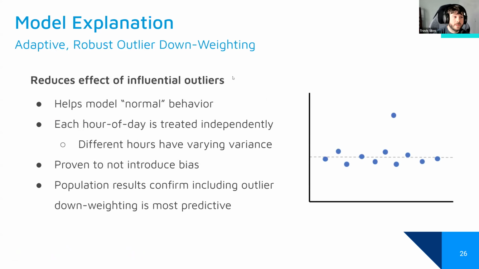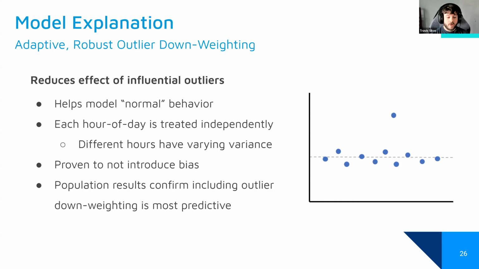Finally, we have the downweighting that I described earlier. The whole point of this is to reduce the effect of influential outliers. Here on the right, I show a generic plot: let's imagine that you have a flat line model to describe what's going on here, and then you have this one data point. If you have outlier rejection or downweighting, the model will be pulled down to the bulk of the data as opposed to being pulled up quite significantly, and it would no longer represent normal usage. So basically, what we're trying to say is we want the model to predict normal behavior,